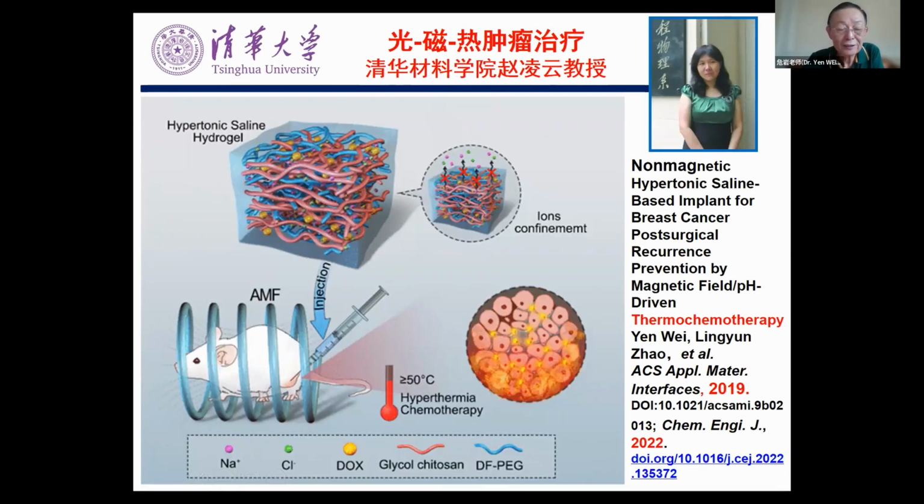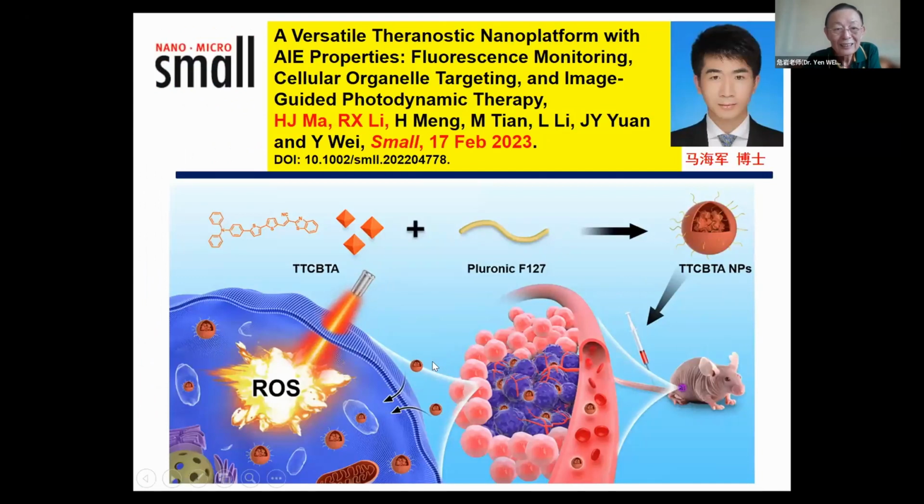And with that, we can do the photo. Of course, there are electrical components and magnetic components, the same way. We can put a magnetic sensitive nanoparticle, inject the mice, and then put them into a coil. The closed circuitry will generate a magnetic field, and the magnetic field will heat up the tumor cells, burn them out. My student, now Professor at Ningxia University, did this very ambitious work, putting all kinds of platforms together,